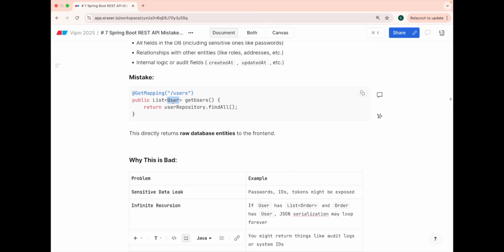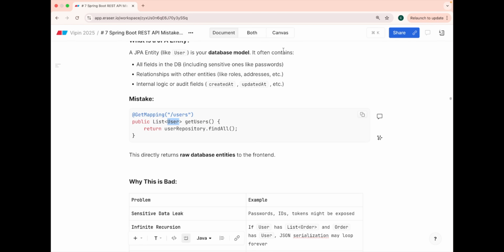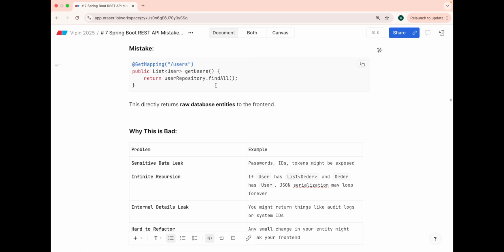And while you fetch it from the database, you can again use MapStruct or a mapper to convert from user DTO to user, from user to user DTO, and return that user DTO to your UI. And that user DTO should not have sensitive fields like passwords that were in the database when it was created. It should have only those fields which are actually required by our UI people, and it does not contain any raw database entities which should not be returned to the front end.